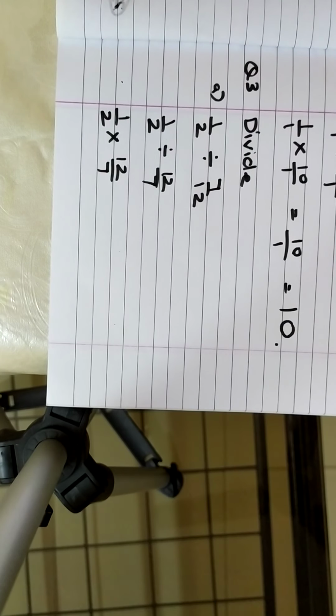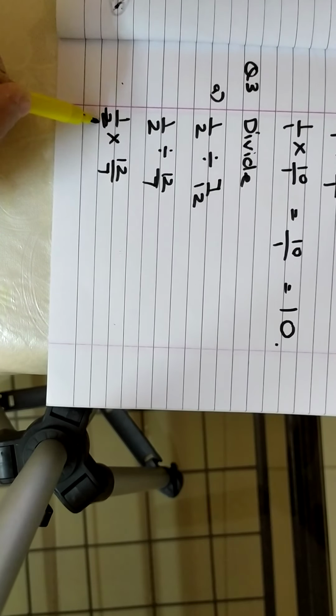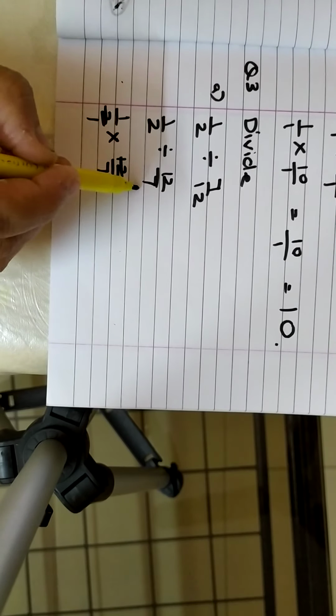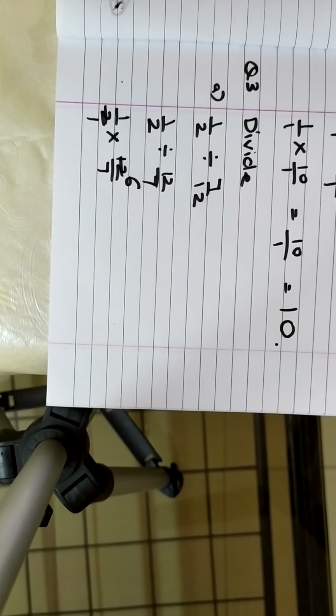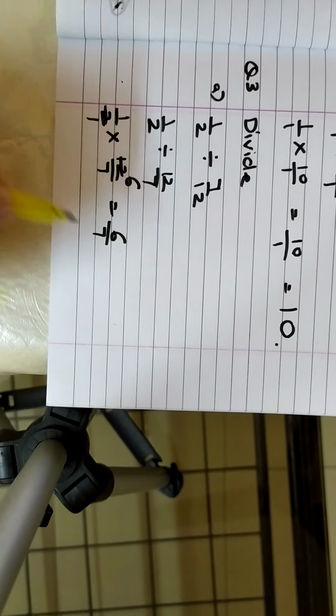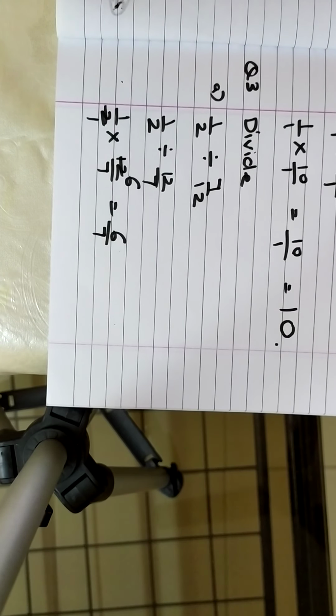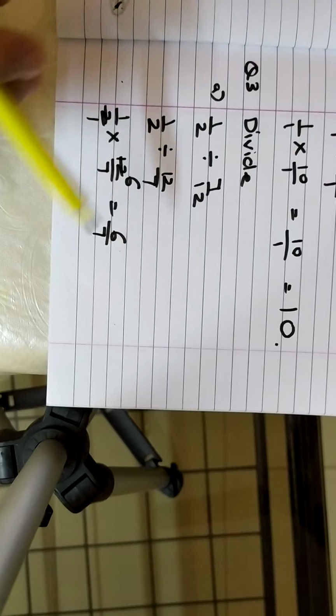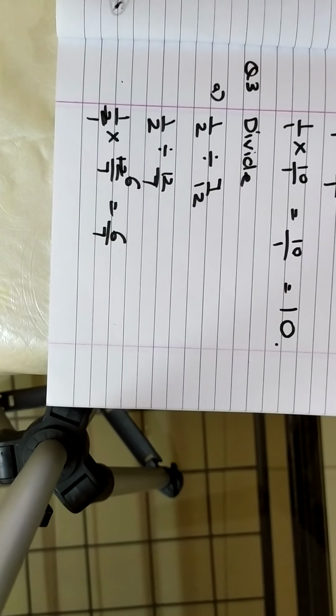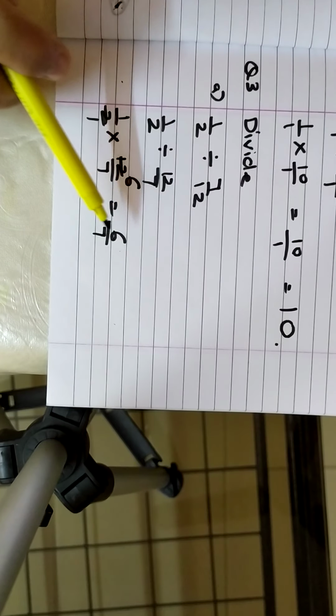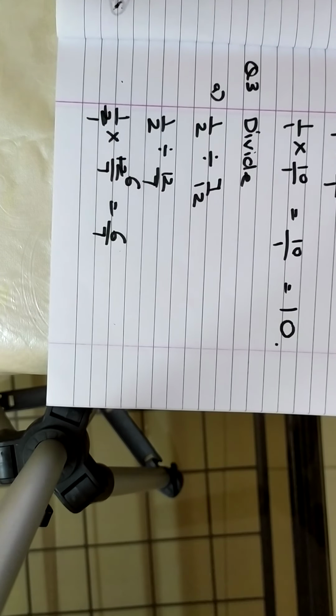Here 2 and 12 are coming in common table. 2 ones are 2, 2 sixes are 12. So multiply numerator with numerator: 1 sixes are 6, and this is 1 sevens are 7. What we got is a proper fraction, so no need to simplify or do any further calculations. If we got something like 7 upon 6, then we would have to do the division and find a mixed number. But here, as you can see, we have got a proper fraction and not an improper. Numerator is smaller than the denominator, 6 upon 7.